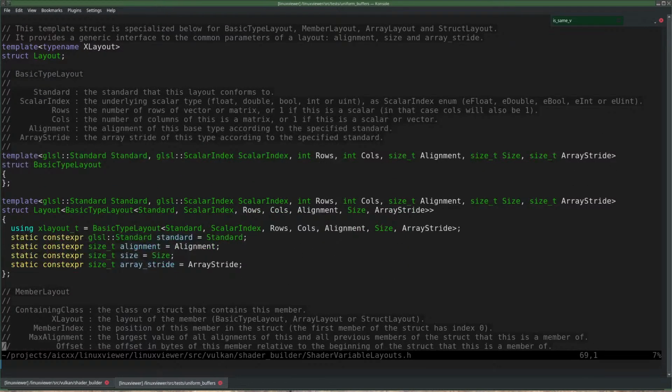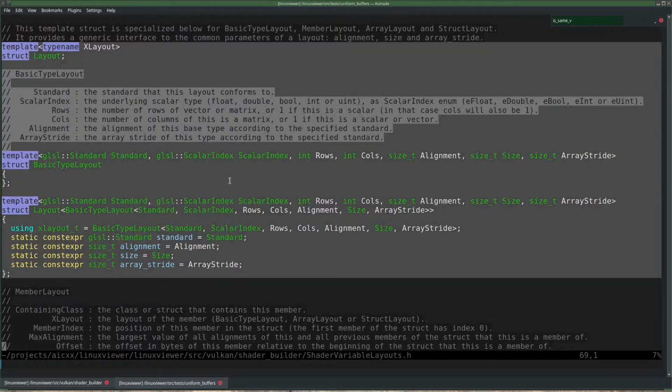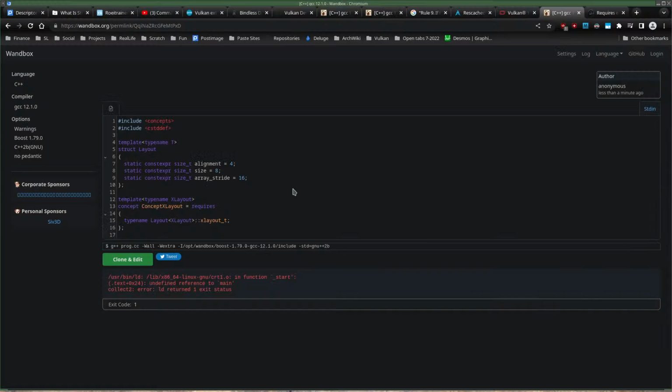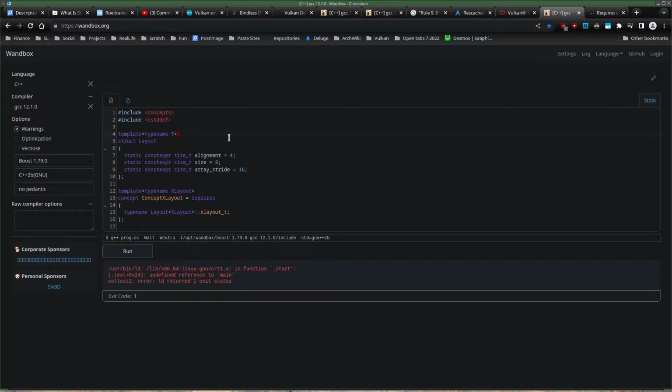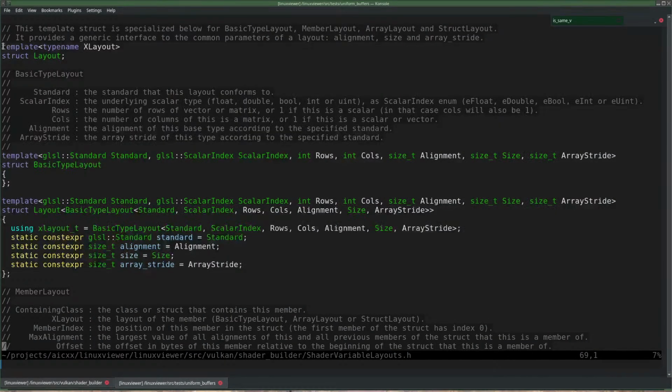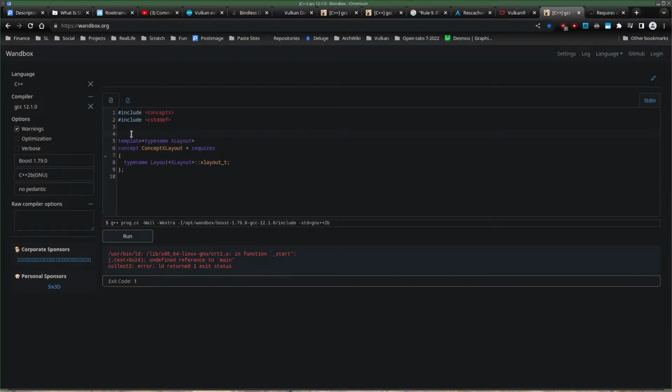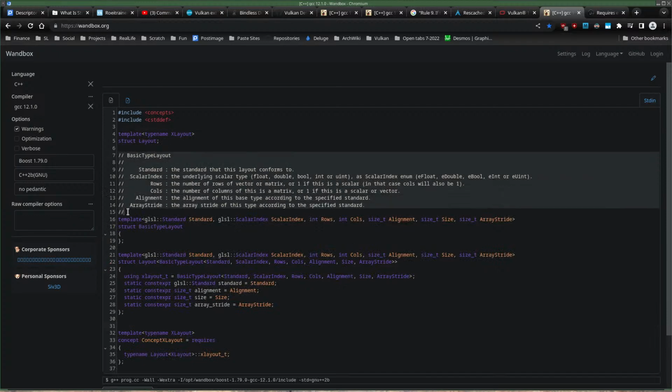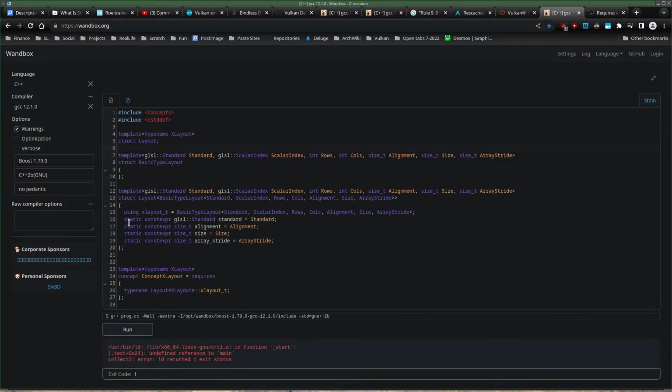Or I guess we'll have to copy all of this and then try to reproduce it that way on one box. On it again. Let's copy all this, paste it here, delete this, and then